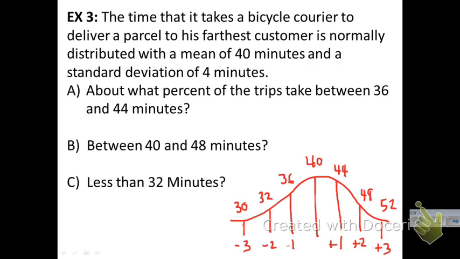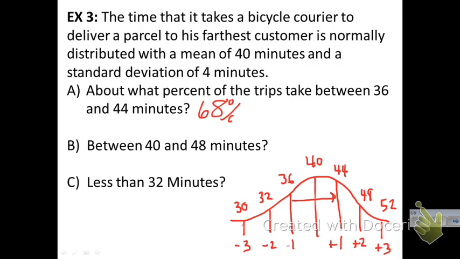Remember I said that if we go 3 standard deviations away that we should be about 99.7% of our data. So question A says, what about what percent of the trips take between 36 and 44 minutes. So remember that this is 1 standard deviation away. 1 standard deviation away means